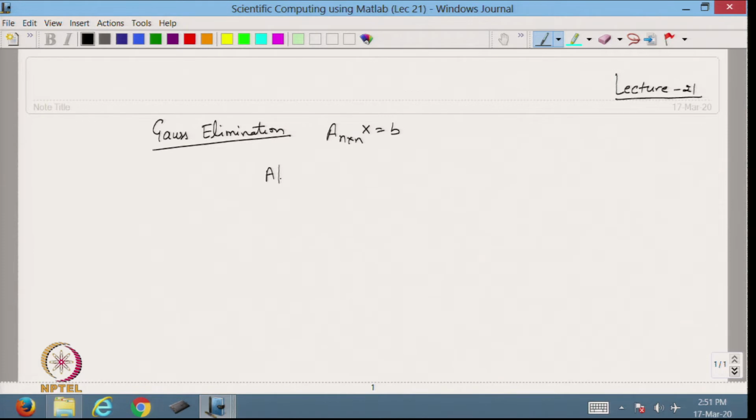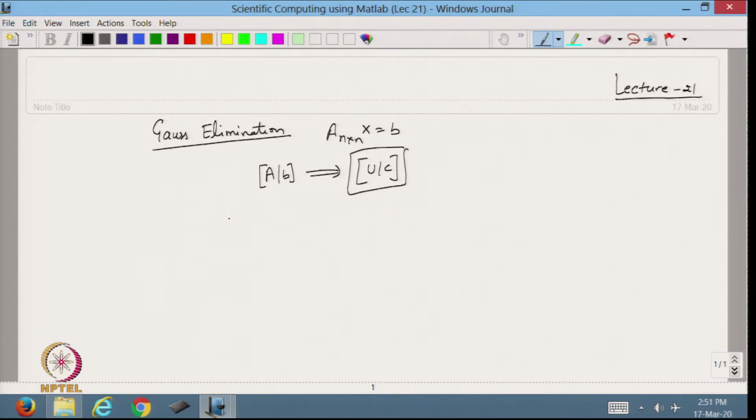We transform this augmented matrix into the upper triangular matrix using the Gauss elimination, and then using backward substitution we solve this system of equations to find the solution.